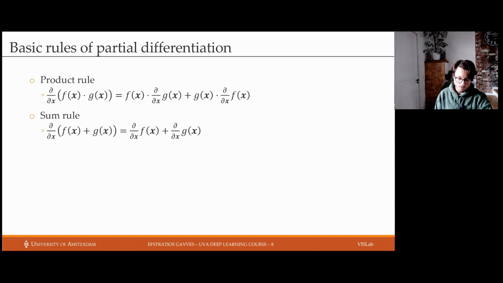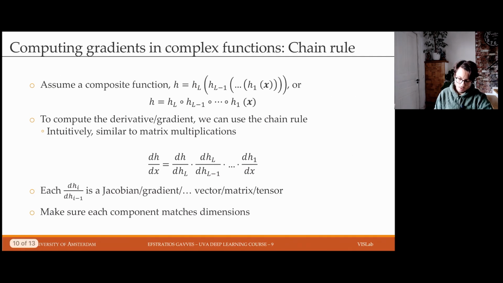So some basic rules of partial differentiation are also included in this slide for your help, but you can find all these things online and also in the Mathematics for Machine Learning book that I referred to in the first lecture. Now, when we have more complex functions, like the chain rule,